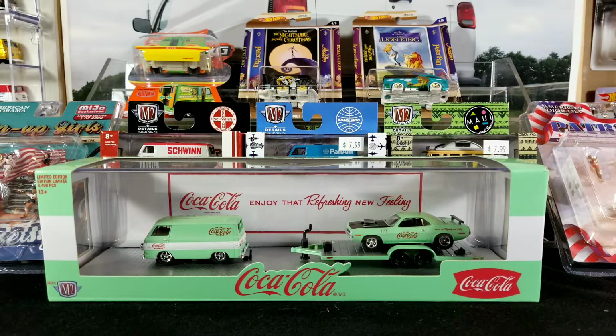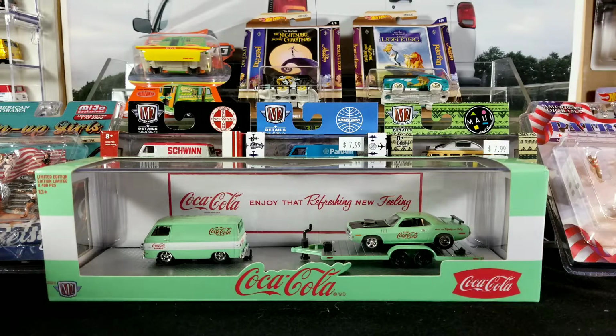We're going to be going through a bunch of different diecast today. I also got some little 1/64 scale diorama pieces, little plastic figures. A lot of this stuff was picked up from my local diecast dealer, SC Diecast, and a few items were found in store. I got a bunch of M2s that I need to open up and get in my display case, and some special Disney mainline releases, moving parts Matchbox, and some Miho exclusive